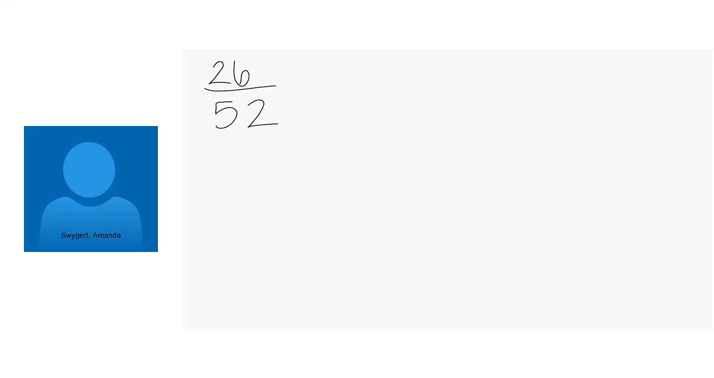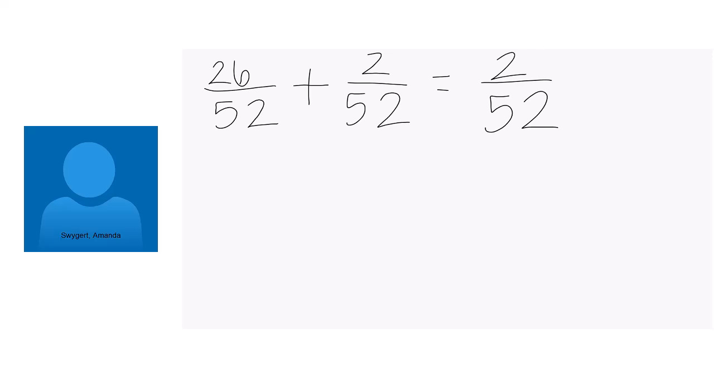So let's say I have 26 out of 52, and I'm going to add, because maybe the question said or, and I'm going to add, let's say, 2 out of 52. I would keep my denominator, and I usually write that first so I remember, and then all you do is add the tops. So 26 plus 2 would be 28. And that may be the answer the way that they want it listed, or they may reduce it. So you could keep it 28 out of 52, or if you need to reduce,